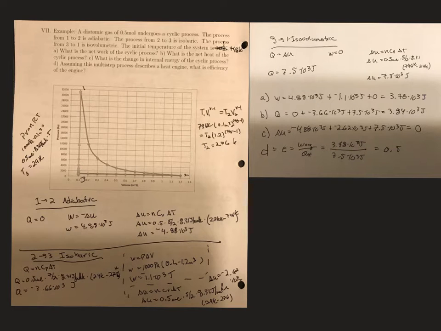Alright, so this is a large example that puts together what we learned in chapters 19 and 20. So we have a diatomic gas of 0.5 moles that undergoes a cyclic process. The process from 1 to 2 is adiabatic, from 2 to 3 is isobaric, and then 3 to 1 is isovolumetric. And we know what the initial temperature of the system is,